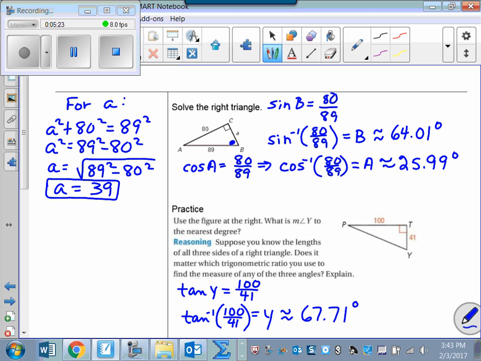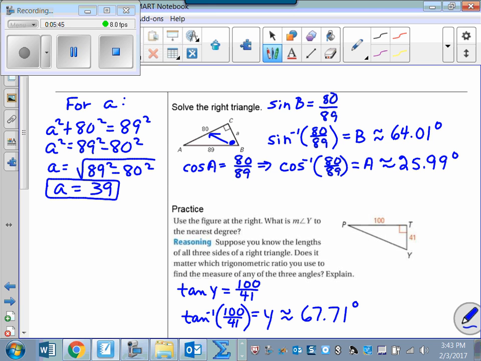What do I have? I have the side opposite B and the hypotenuse. So if I write that trig ratio, I know it's the sine. The sine of angle B is 80 over 89. And then, of course, I have to use my inverse sine function of 80/89. And when I round that angle off to the nearest hundredth, I get